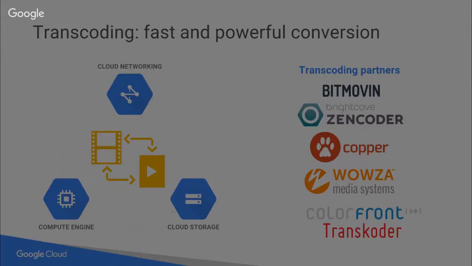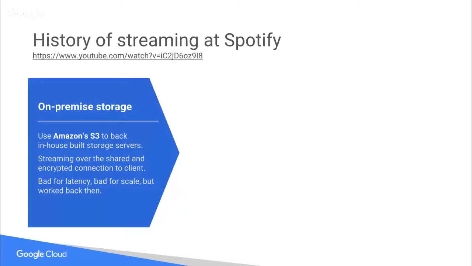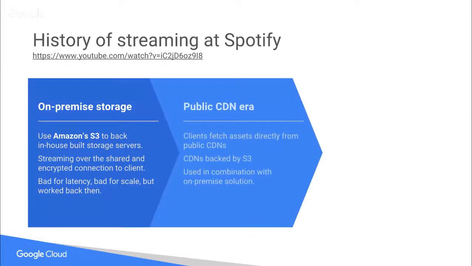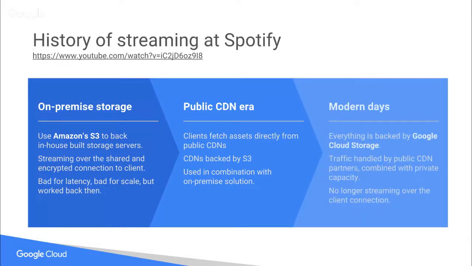Now, as far as streaming the media, Spotify originally started with S3 many years ago, and then they started using CDN with S3 because it's expensive to always pull data from the cloud. So CDN makes it faster and cheaper. And then eventually, they just recently moved into Google Cloud Storage, and Google Cloud Storage is integrated with a number